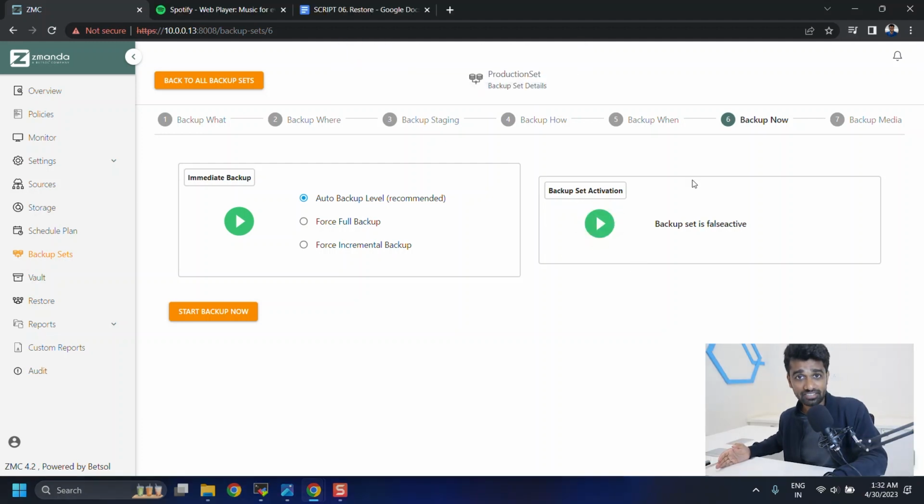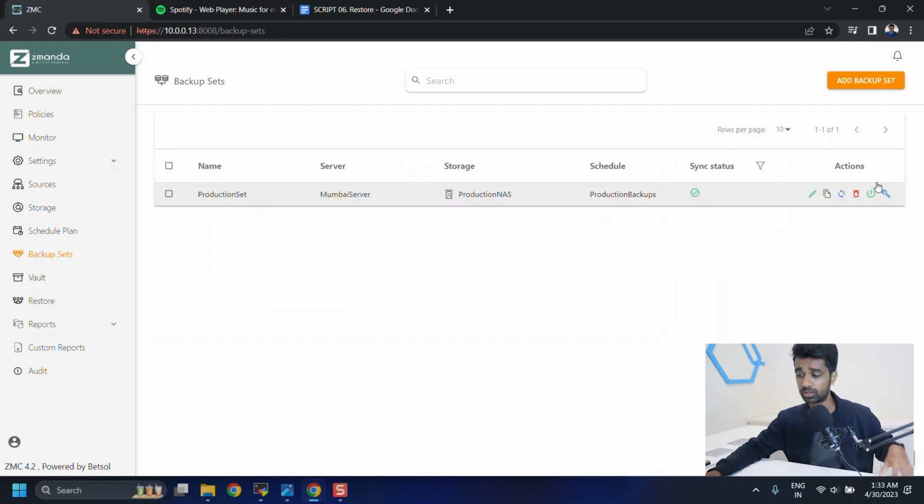Once backup set is active, the red play button will turn green. You can also confirm the active status by going back to the backup sets page and noticing the power icon has turned green, indicating the backup set is active. And with this, your data is being